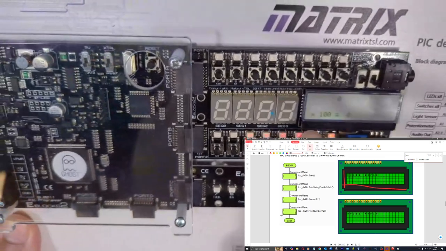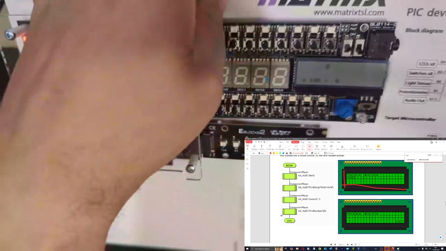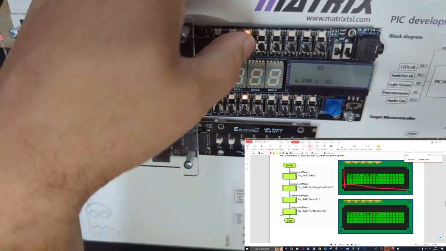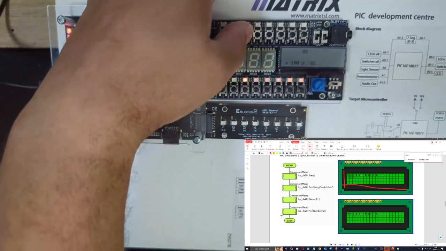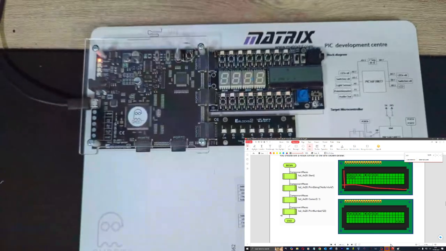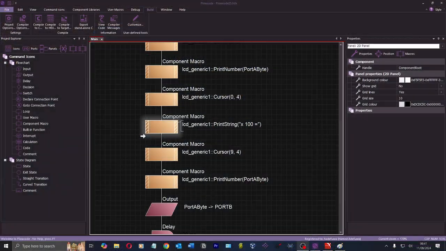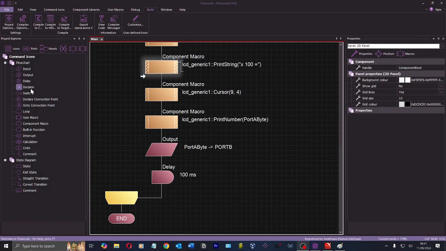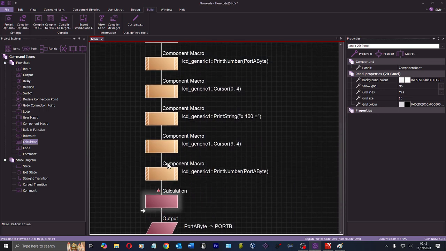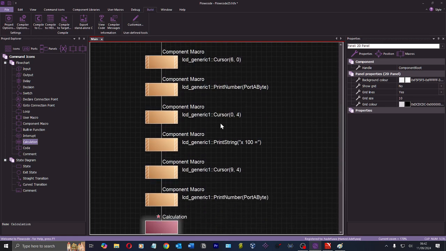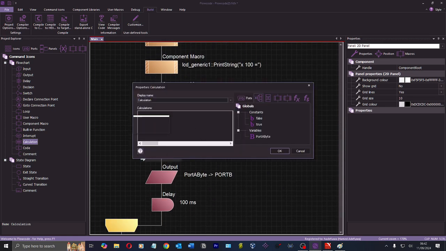So you got 0 times 0 equals 100. Okay. Then 32 times 100 is equal to 32. So at least that's displaying, right? Now we just got to get the calculation right. Okay. So that's good. So now we need a calculation. And we just want to say, I guess we need another variable, but what do we read? So port, we got port A byte. So port A byte is equal to,